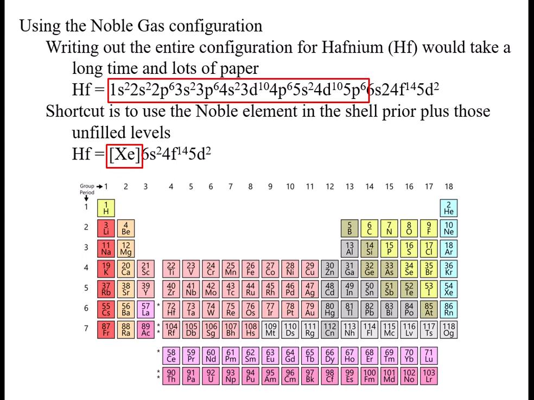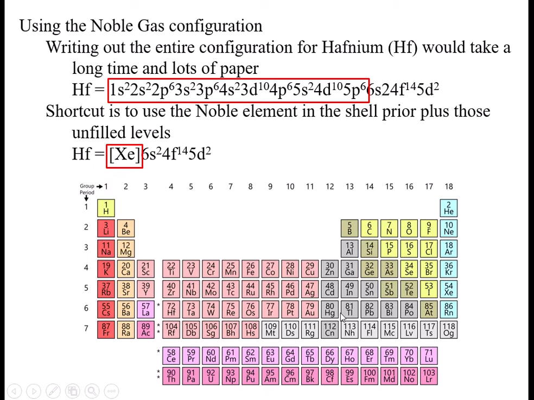Okay, so in class we ended with talking about using the noble gas configuration. What the noble gas configuration does is it allows us to shorten how much we have to write. Basically, we end at the p6 that corresponds to the previous noble gas, which in this case is